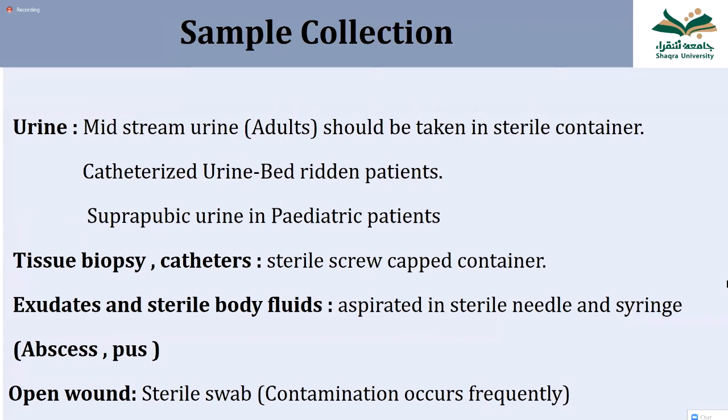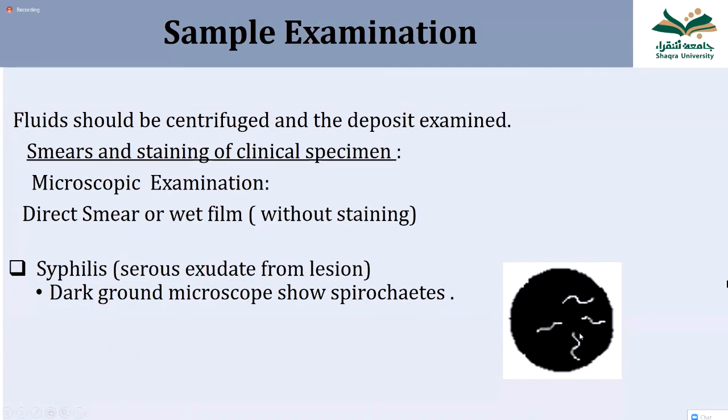Okay. So once the sample reaches the microbiology lab, the first thing we do is the microscopy of the sample to see whether any bacteria are present or not. Microscopy can be done in two ways, by staining or without staining. Without staining, the technique is dark field microscopy. In this, no stain is used, but the lighting of the microscope is such that the background becomes black and only the bacteria present on the slide look illuminated. So this is dark field microscopy.